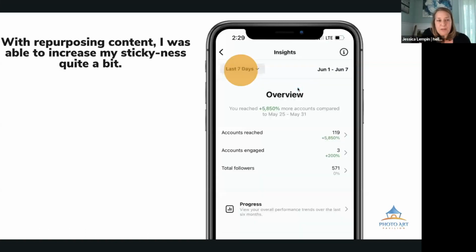Once you're in here, just to show you, just by repurposing content on my IG account or Instagram account and sharing stories, I've increased my reach over 5,000% and had a 200% increase in accounts engaged. So what does this mean? Well, it means by